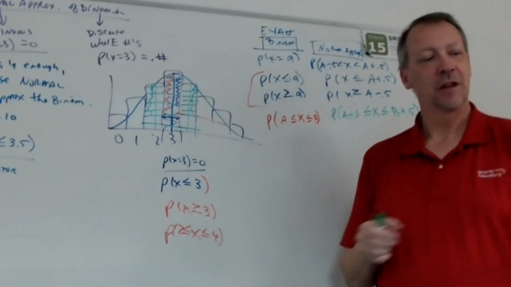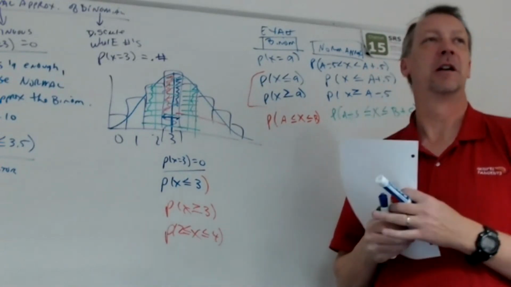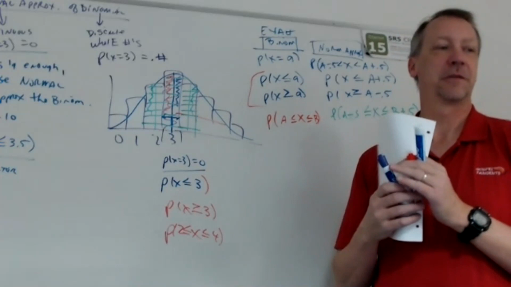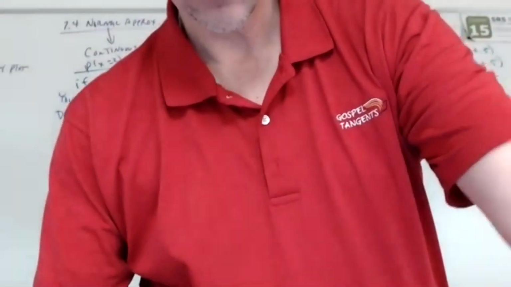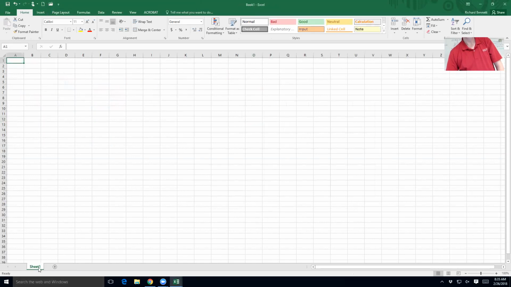Now, let me give you an example of why I would want to do this, and let's remember that we didn't used to have computers back in the 50s. In the 40s, okay? So let's say, for example, I'm going to go over here to Excel. Oh, I should have done that. Here, I'm just going to open up a new page. If we have time at the end of class, we'll do another normal probability plot, because that's an interesting one there. All right. Let's say, for example,